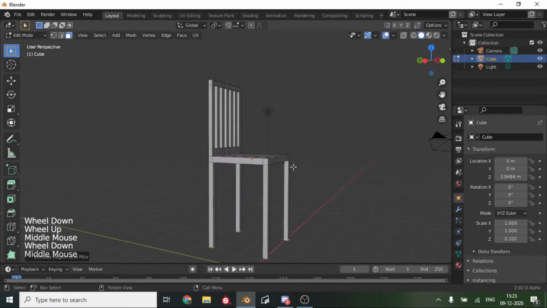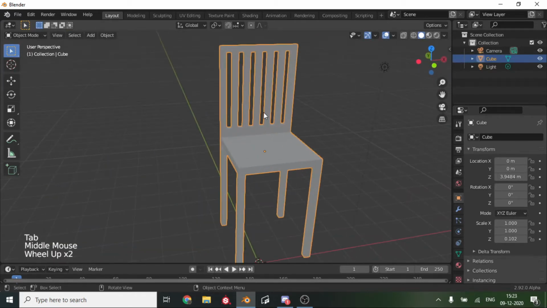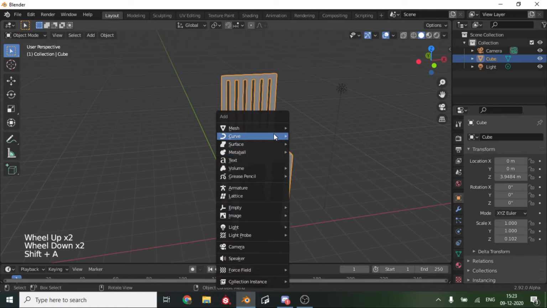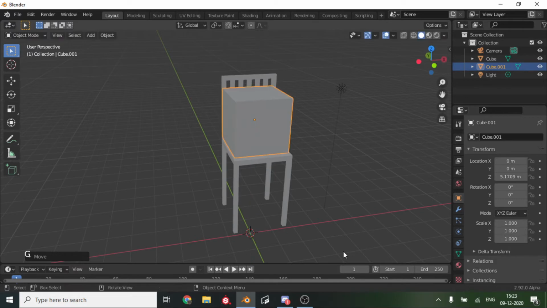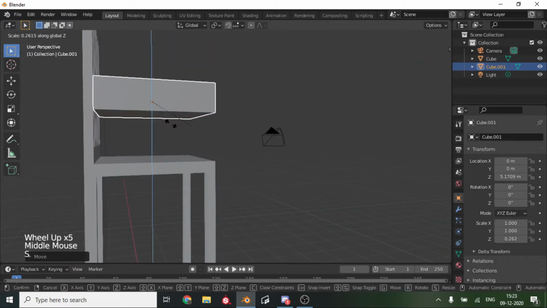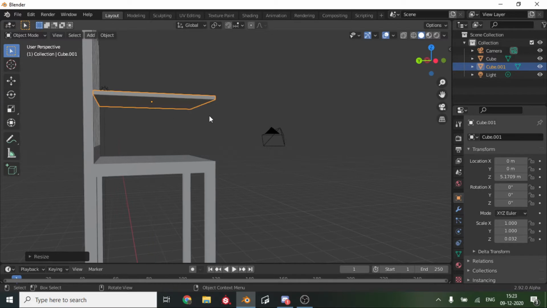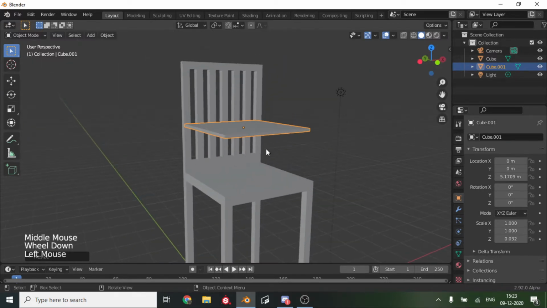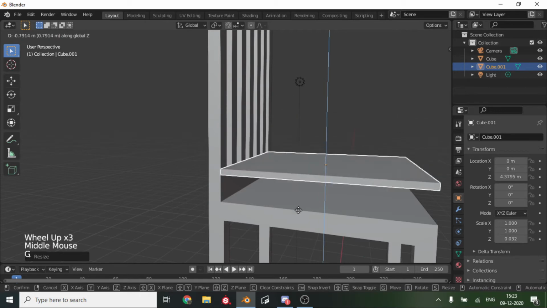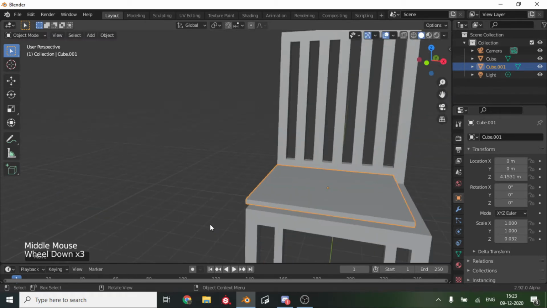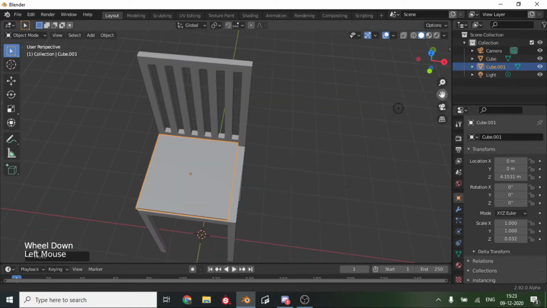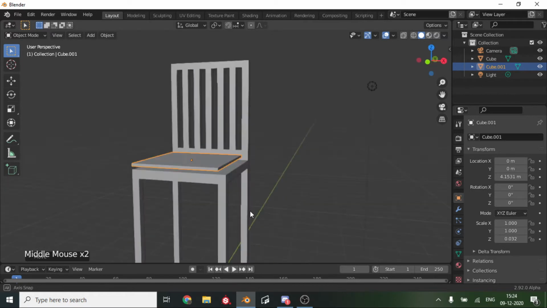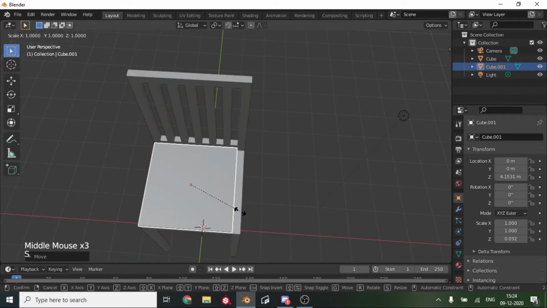So now that we are done with the basic modeling of the chair, let's add in a cushion. So we will press shift A, mesh, cube, G and Z, so that we can bring it up, and scale it up on the Z axis to roughly represent a cushion. We are going to use the cloth modifier to make it. So we will roughly bring it there, scale it. As you can see, because we extruded this side, we might have to do the same for this as well.